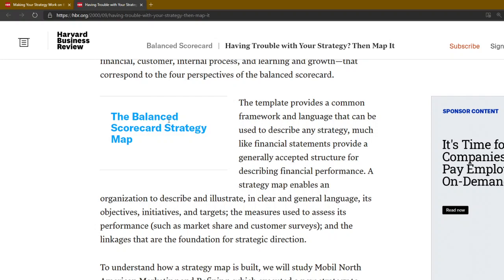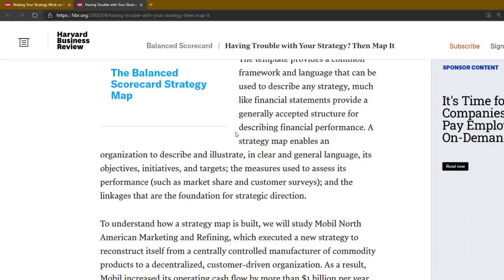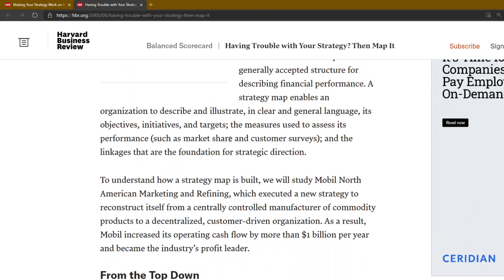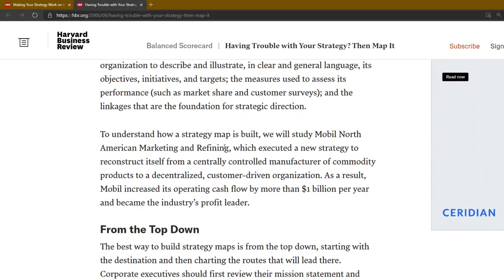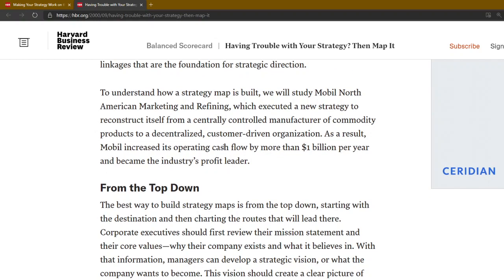A strategy map enables an organization to describe and illustrate in clear and general language its objectives, initiatives, and targets, the measures used to assess its performance, such as market share and customer surveys, and the linkages that are the foundation for strategic direction. To understand how a strategy map is built, we will study Mobil North American Marketing and Refining,